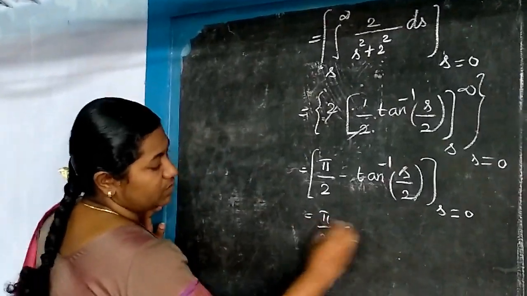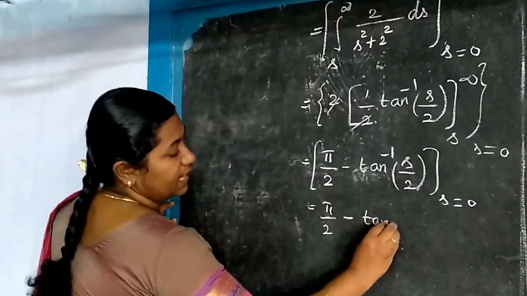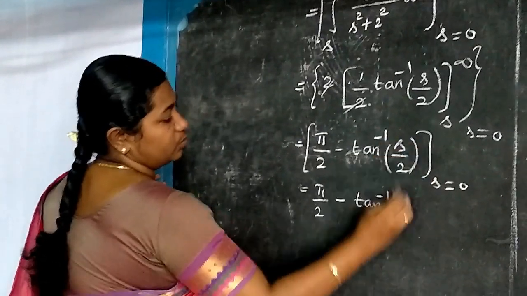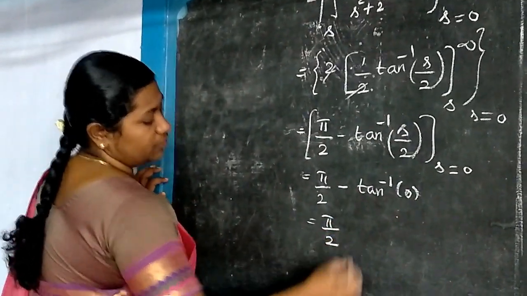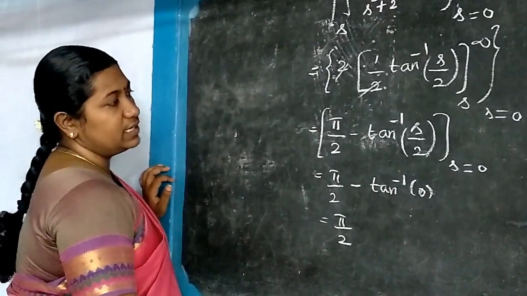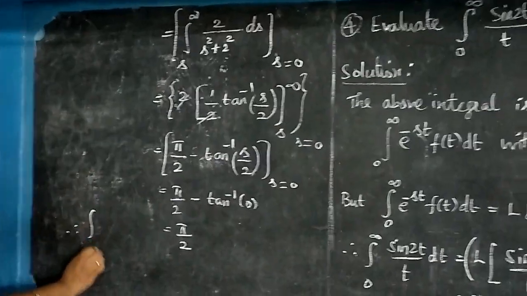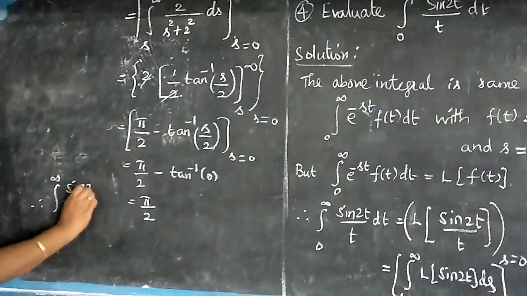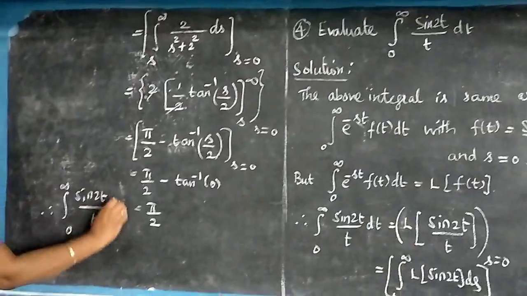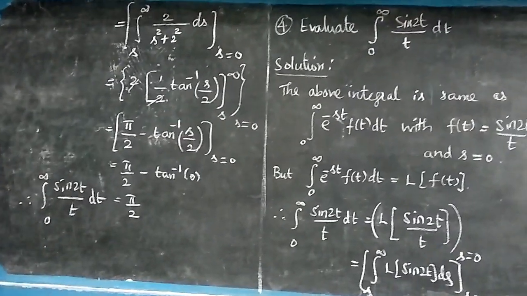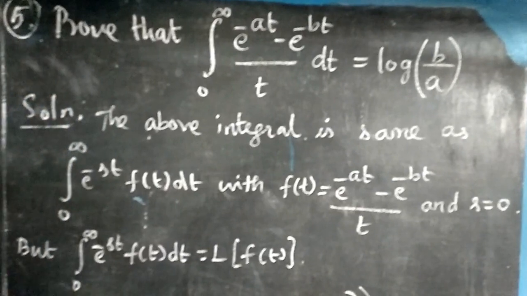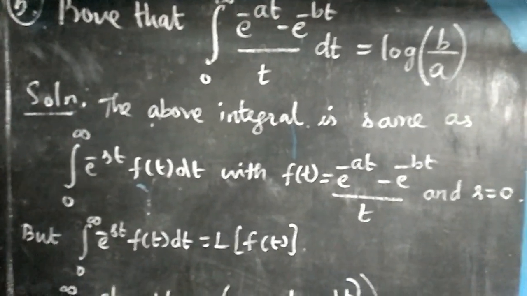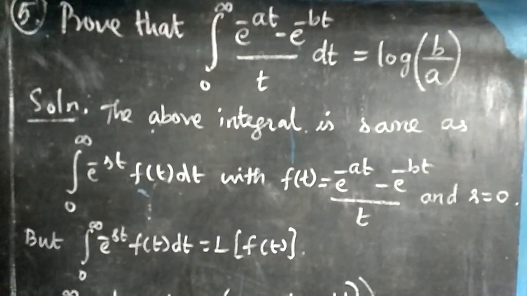It is pi by 2 minus tan inverse of s is 0, which means it is tan inverse of 0. Tan inverse of 0 is 0. So the value of the integral is pi by 2. Therefore, integral 0 to infinity sin 2t by t dt is equal to pi by 2. Next problem. Prove that integral 0 to infinity e power minus at minus e power minus bt by t